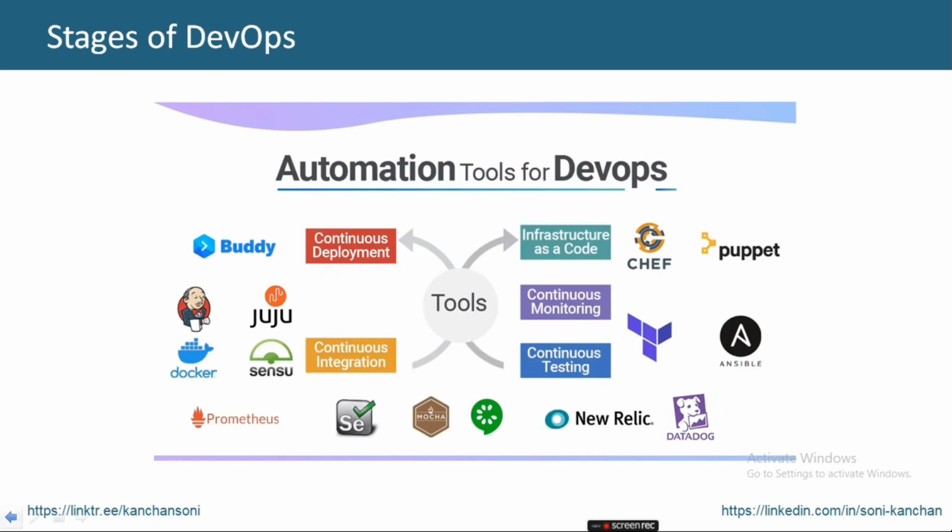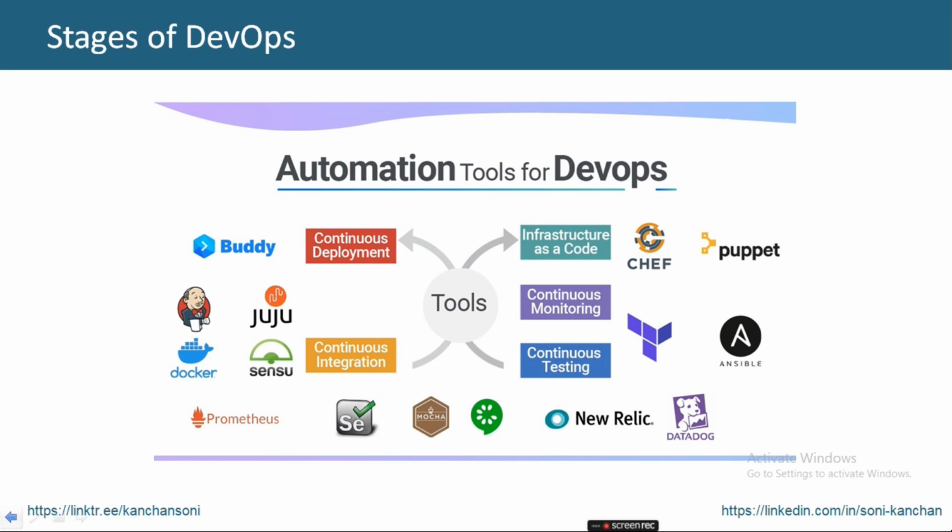Now, next is stages of DevOps. There are various stages present in DevOps. Some of them you can see on the screen, like continuous deployment, continuous delivery, continuous integration, continuous monitoring, continuous testing, and continuous feedback. There are so many stages DevOps has, but if you notice, one thing is common, that is the word continuous in each stage. In DevOps, to bring automation, everything is done continuously. So this high level overview of DevOps is to give you an idea